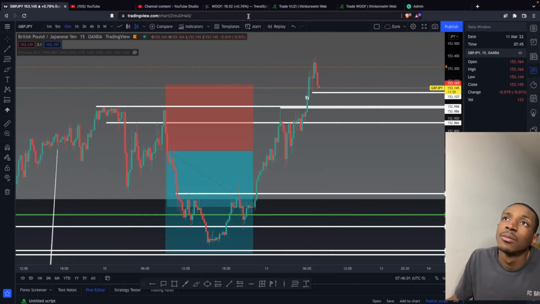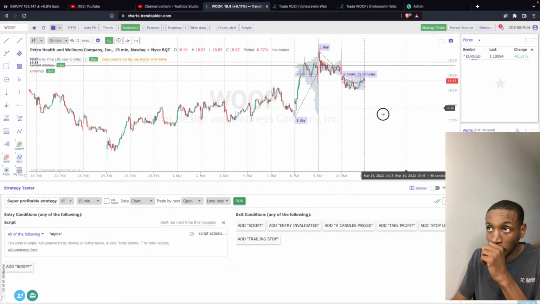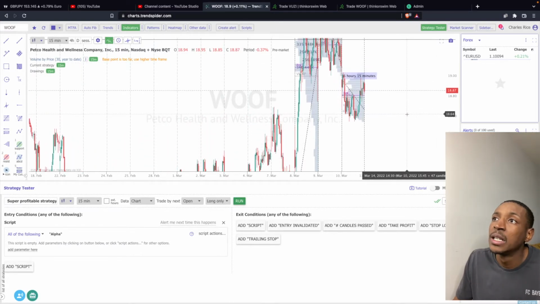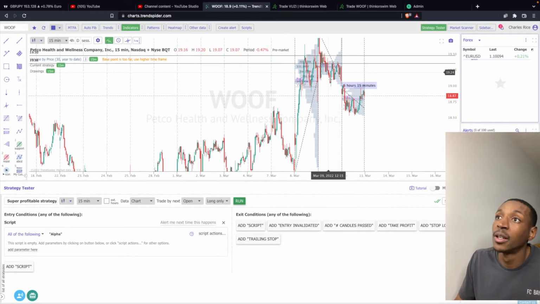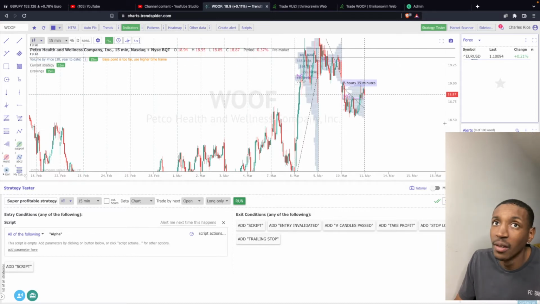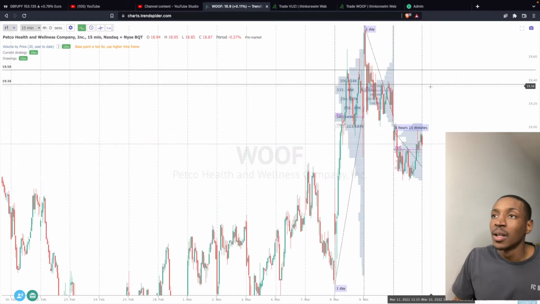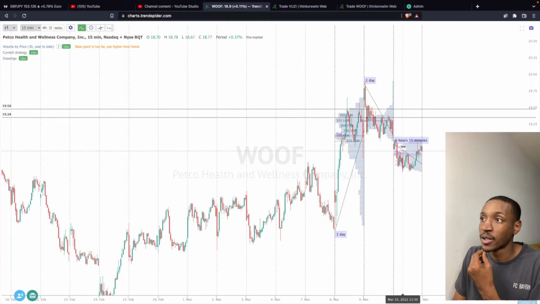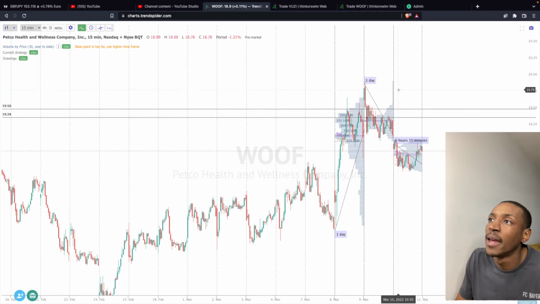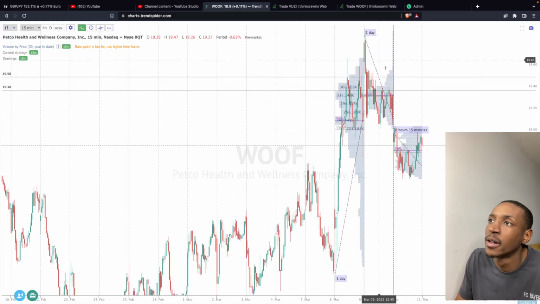Also, if we look very quickly at these options plays that I mentioned before, we're starting to look at the volume profiles of each setup. We have this on Petco, which is not the worst thing in the world, but it could definitely be better, especially in terms of how squat this volume profile is, and the shape of it coming after this one, which was more of a D formation. Definitely had that bit of a B at the bottom here,